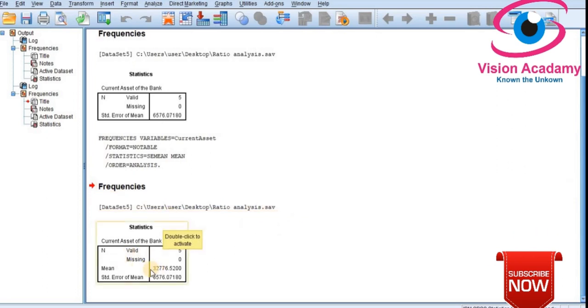Now if you divide the standard error by the mean value, the result will be 4.98. It means there is a 5% error. So in this case the standard error of mean is 5%. We come to know that from dividing the standard error by the mean. So in this case 5% error is in the current assets of ICICI Bank. This is how we interpret standard error. So after coming to know the various aspects